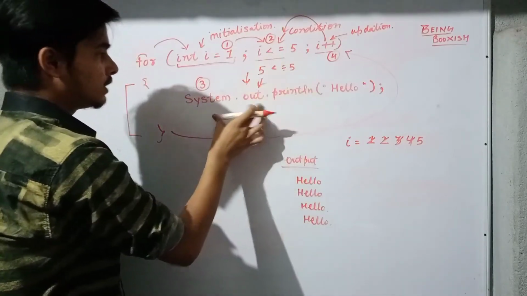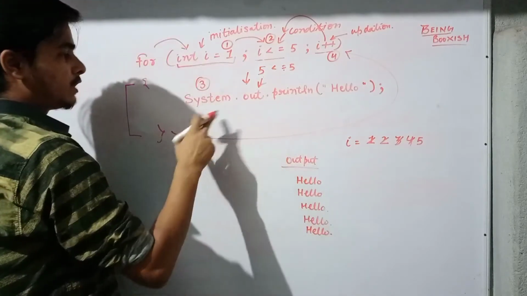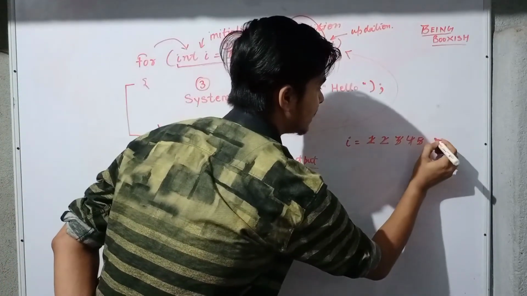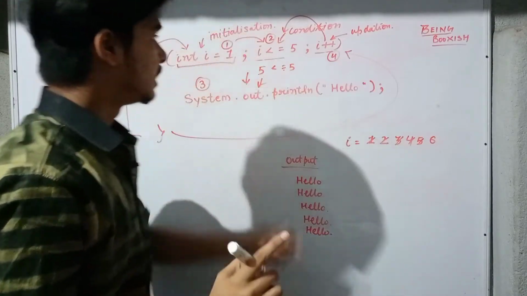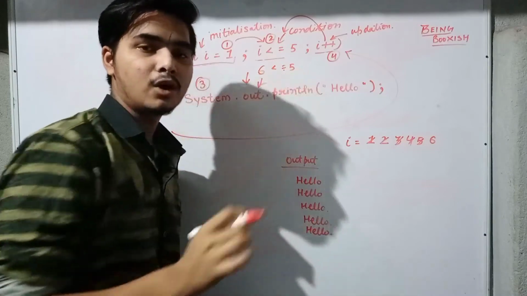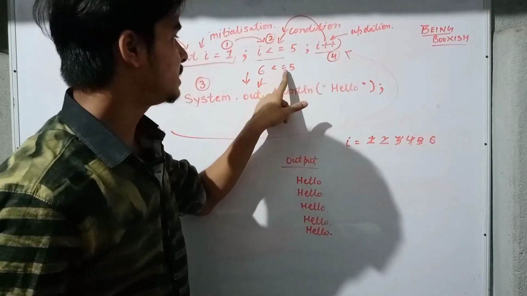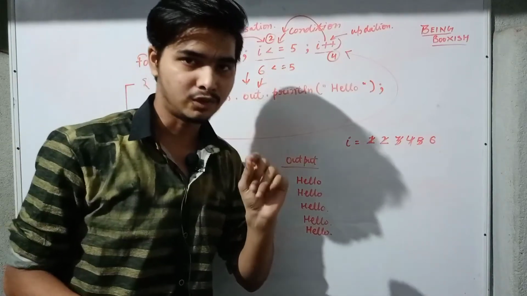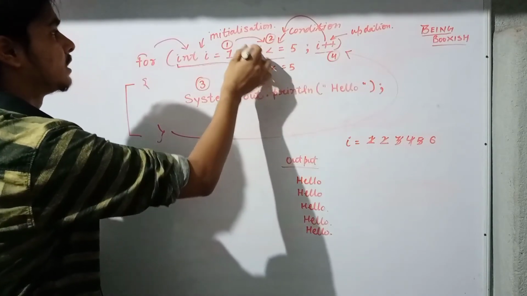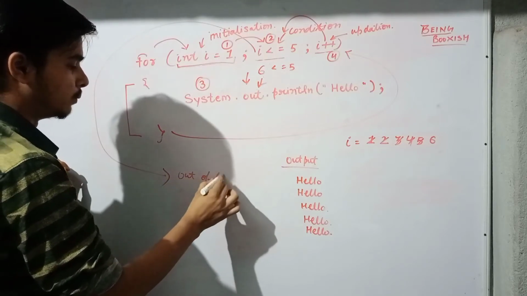So it will come down again, it will print hello. After printing hello, the cursor will come here, I's value will increment. So what is the I value? It is 6. Now it will check the condition, that is 6 less than equals to 5. But now the condition is false. Why false? Because 6 is neither less than nor equal to 5. So instead of going inside the body, it will come out of the loop here. See, this is out of the loop.